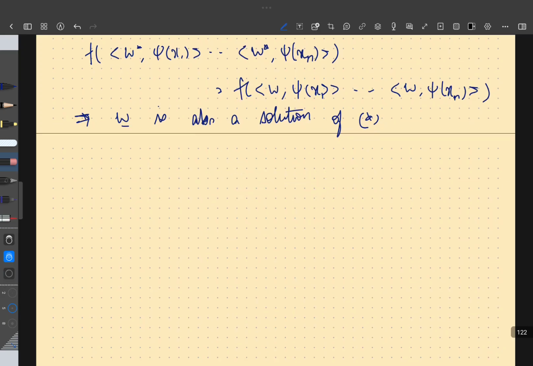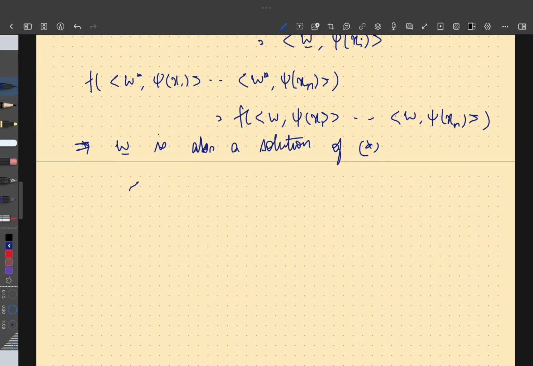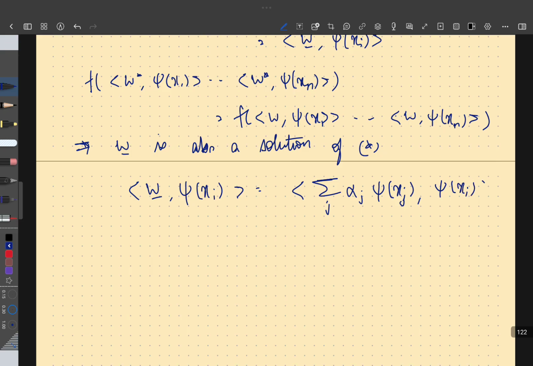let me take a step back. All right. So basically everything boils down to computing W and psi of xi, which is nothing but the inner product between summation over all j, some alpha j psi of xj and psi of xi, which is summation over all j, alpha j, inner product between psi of xj and psi of xi,